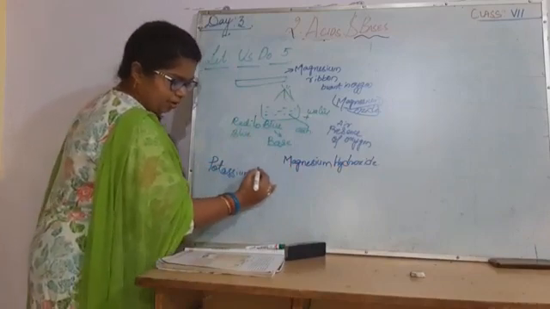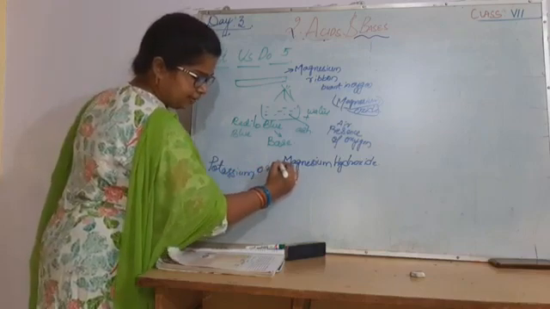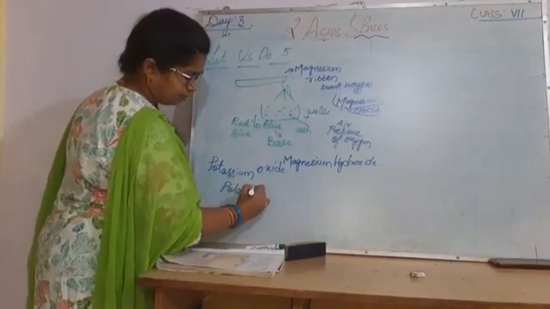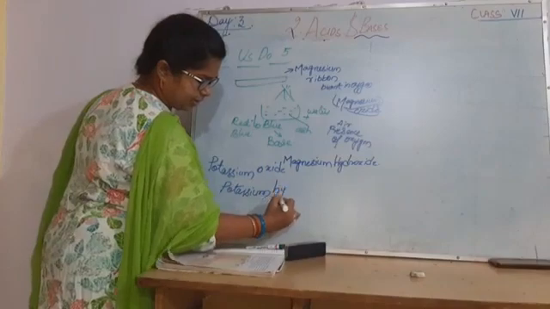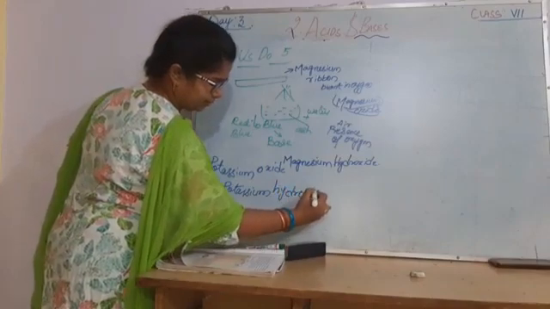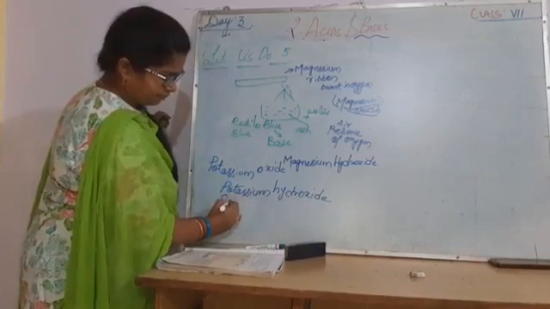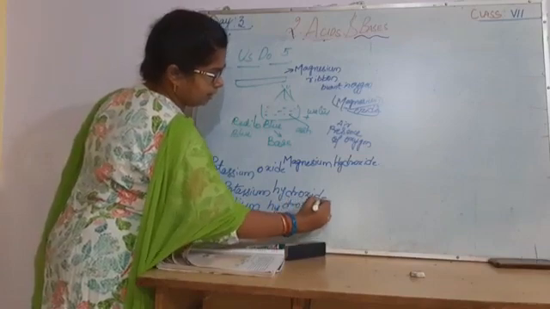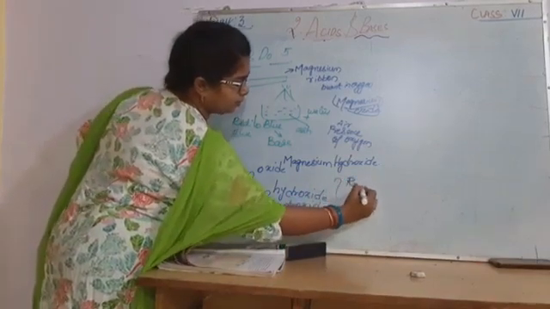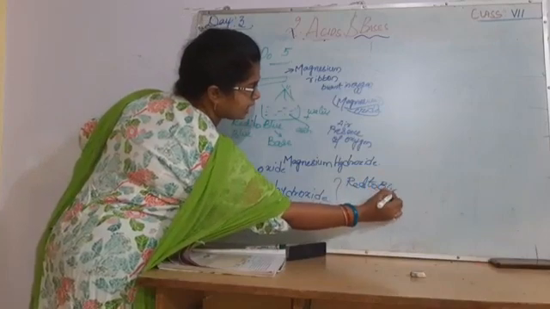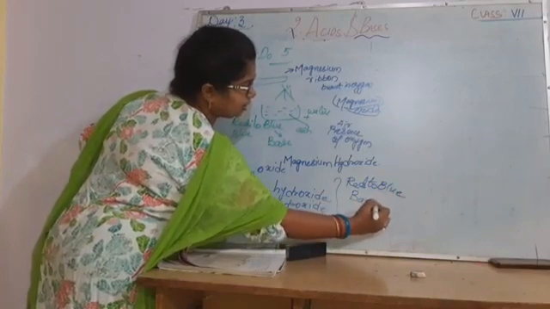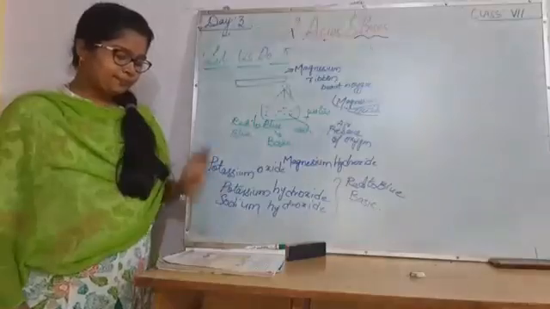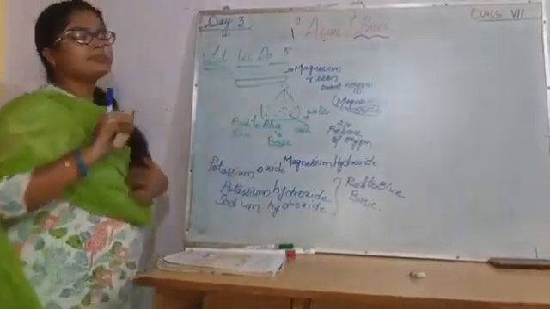Potassium: in presence of air you burn it, then potassium oxide. When it is combined with water, potassium hydroxide. And sodium hydroxide. These all will also turn red litmus paper to blue. Red to blue, and these are basic in nature. And they are soapy to touch even. Yes. Thank you, children.